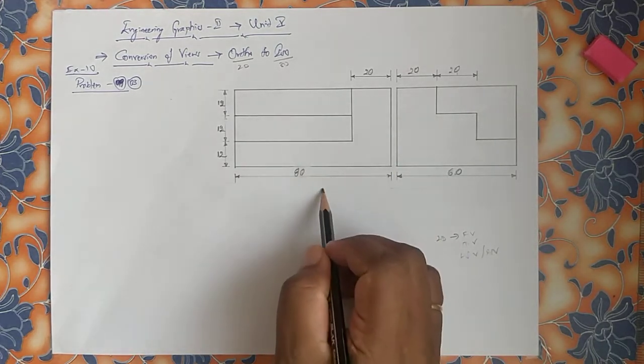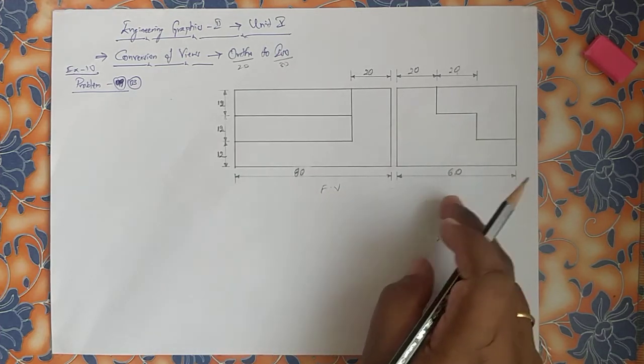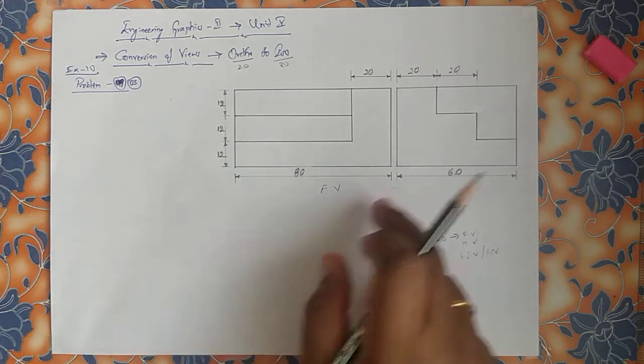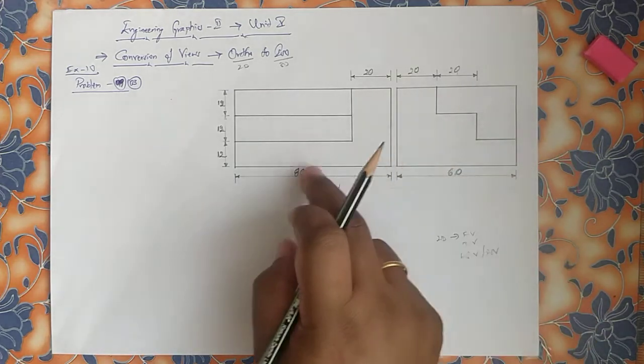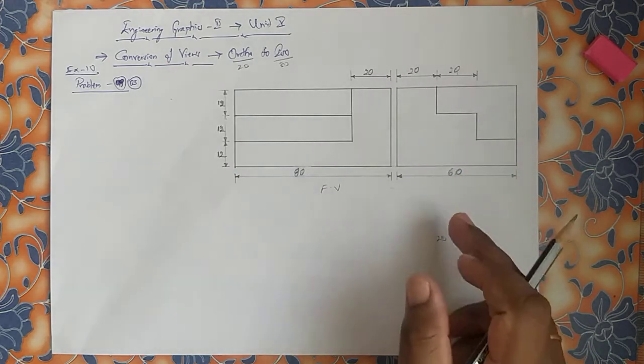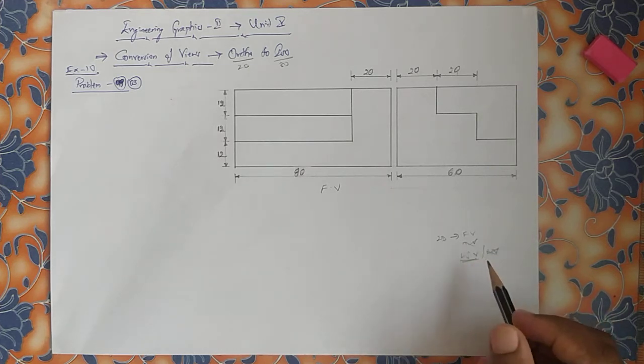This is the front view, you can understand, and this is... Usually in the previous 2 problems we discussed top view, but it is not top view here. We have here the right side. Right side to front view will be which view? Right side to front view will be left side view. There is no top view here, only front view and left side view.